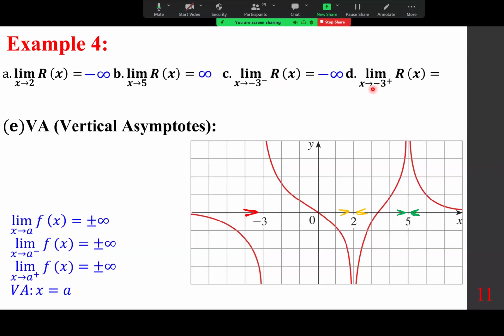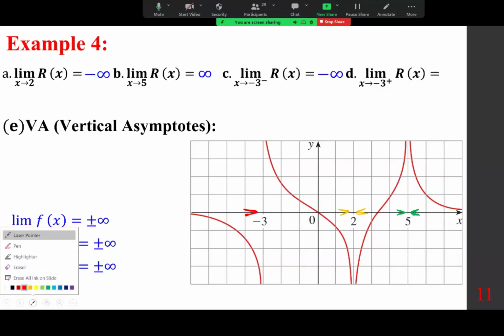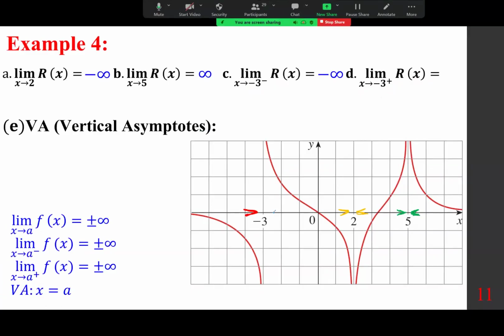However, as x approaches negative 3 from the right, we approach positive infinity. All of them fit the definition of a vertical asymptote, so that x equals